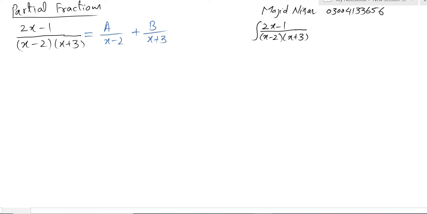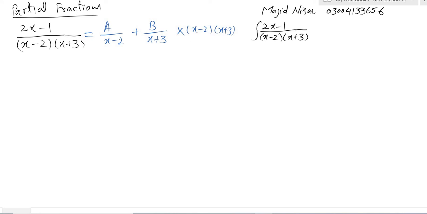So now what do we have to do? How can we solve it? We can multiply this equation by x minus 2 and x plus 3. We have to multiply the whole equation, or do it by taking the LCM. Now, at A level students can easily understand. So multiply the whole equation by x minus 2 and x plus 3.